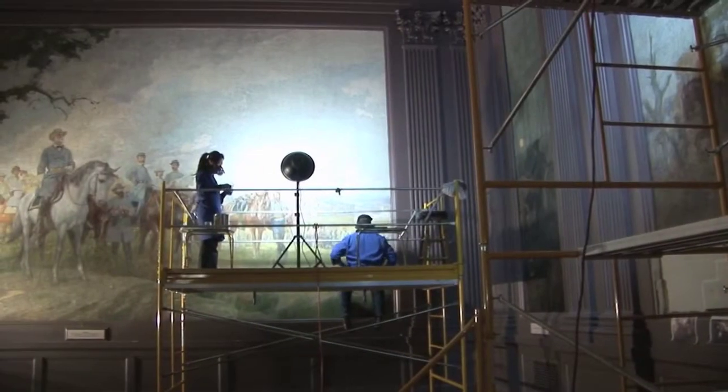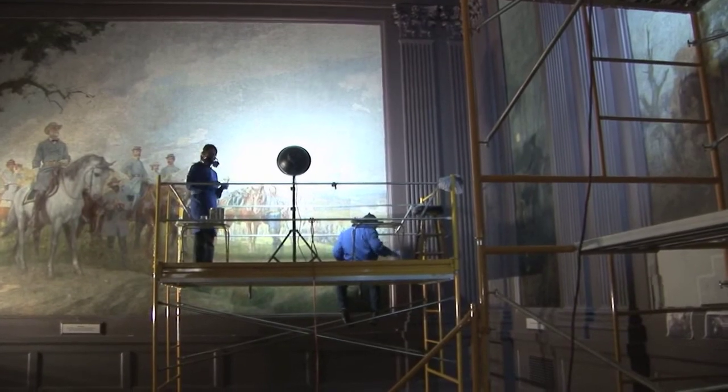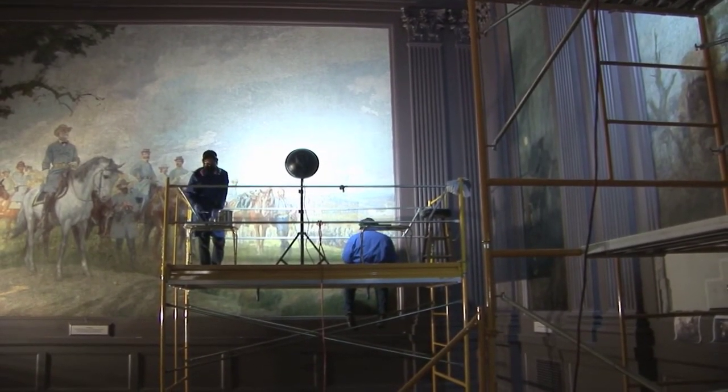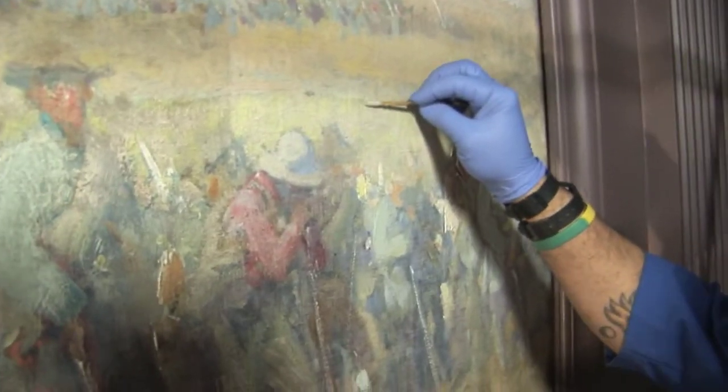I am Cleo Mullins. I'm an art conservator in Richmond, Virginia, and we are here in the Hoffbauer Gallery at the Virginia Historical Society. We are in the process of conserving the murals, which have not been touched in the last 50 years. They were painted by Charles Hoffbauer, he was a French artist who came just before the First